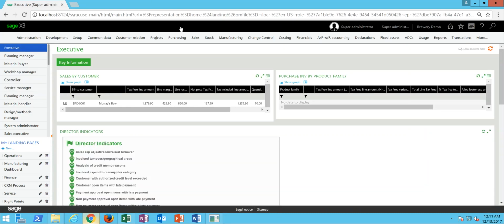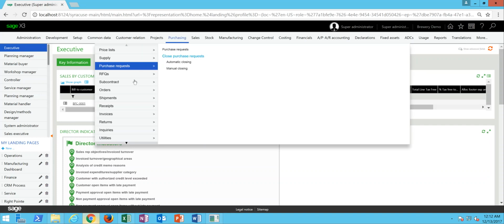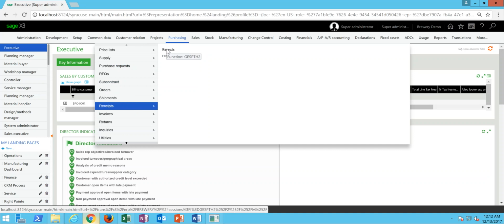So the next step in the process would be, once the supplier fulfills the purchase order and they ship you the product, you want to go ahead and check that inventory into your warehouse. You'll do that through what we call a purchase receipt within X3. So that's going to be under your purchasing menu, and down under receipts,